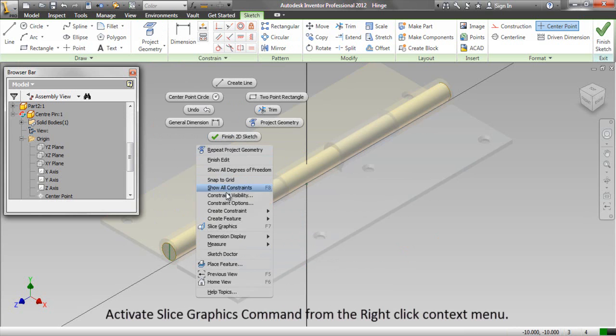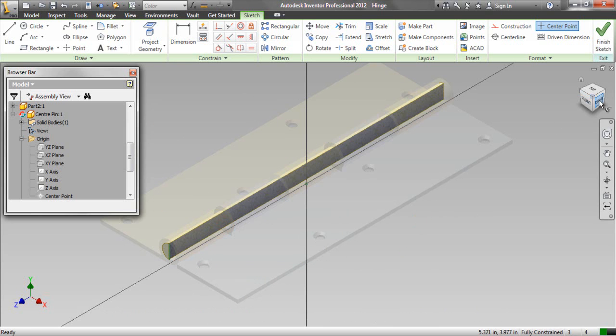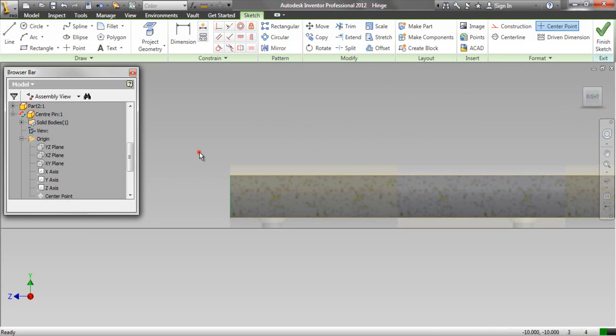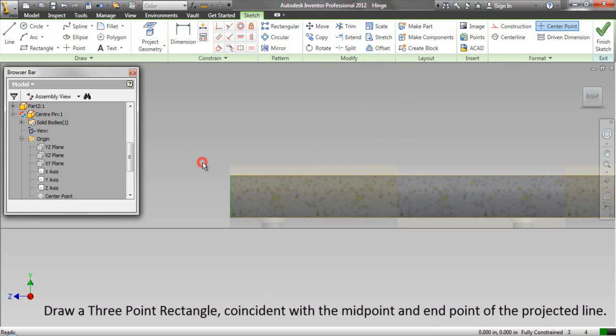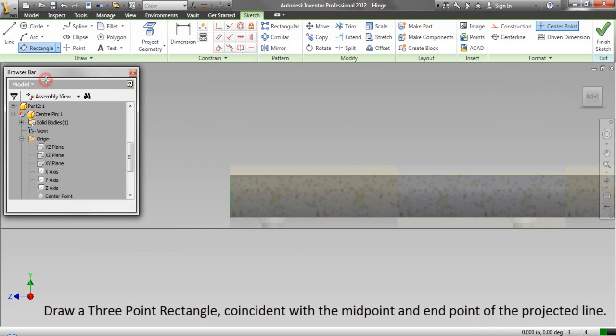Activate the Slice Graphics command from the right-click context menu. Draw a 3-point rectangle coincident with the midpoint and endpoint of the projected line.